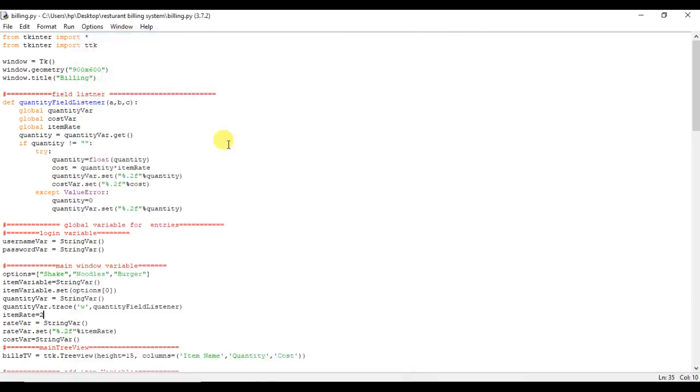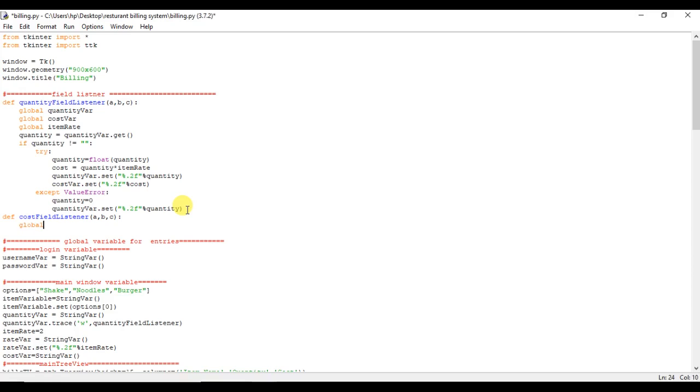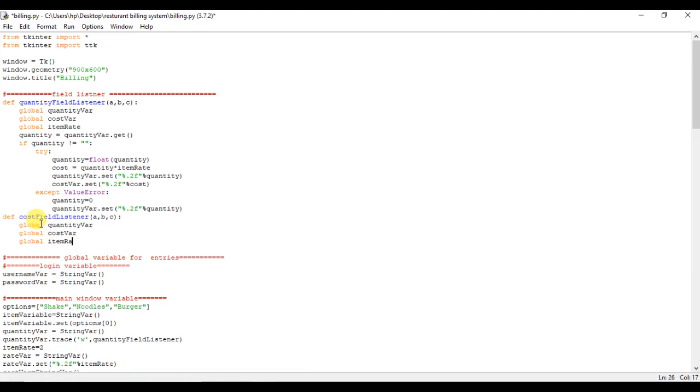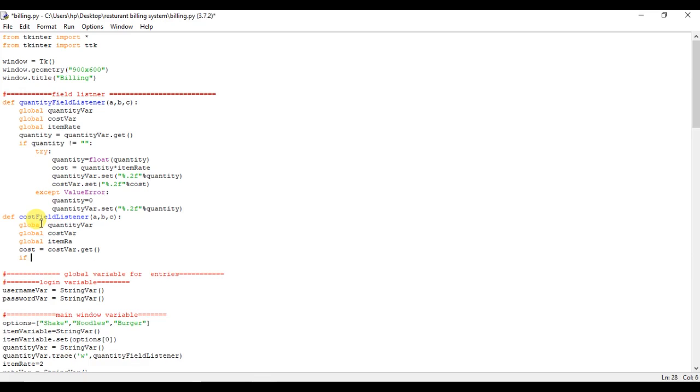Now for this, let's again create the same thing. Define cost field listener. It will take A, B, and C. Here I will make the same global variable for this. Let's copy this so that our time will be saved. And let's say cost is equal to cost var dot get. Now if cost does not equal to,